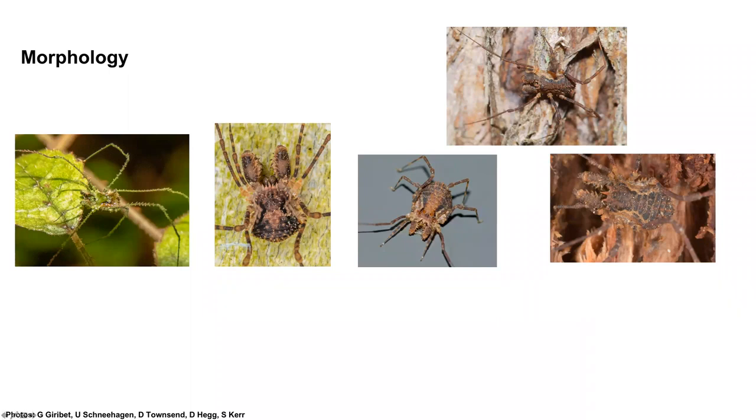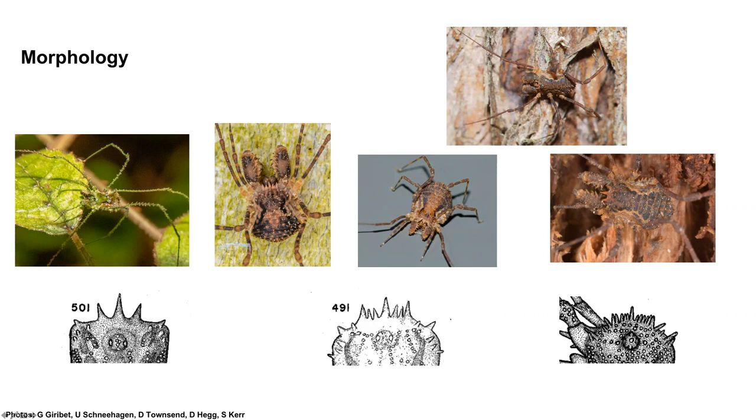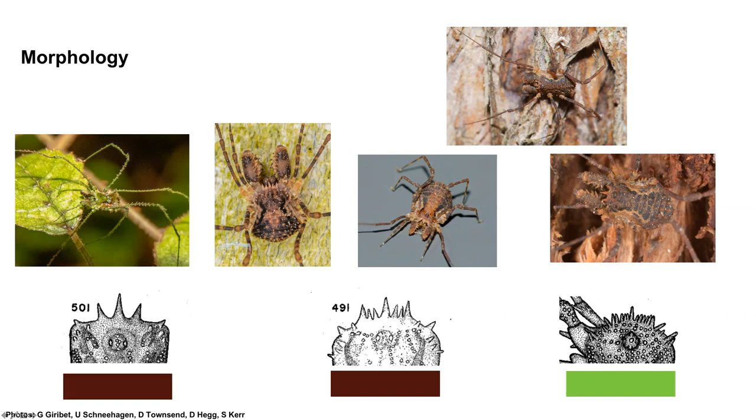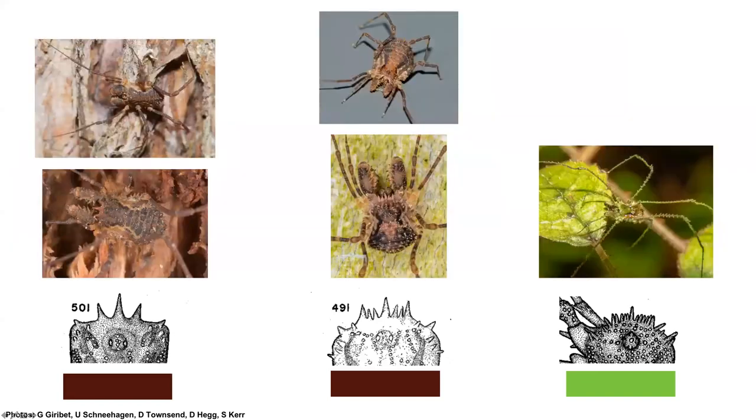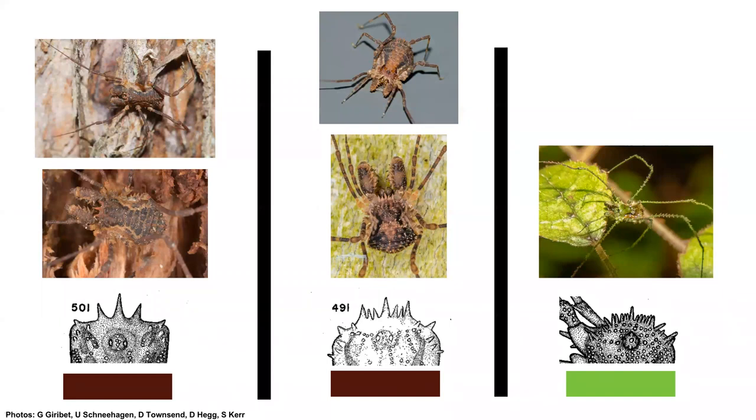So looking at these specimens, you can look at some characters to help separate them. For example, you could look at spines on the front margin of the body. This one has 3, this one has a lot more, and this one also has a lot. You can also look at color. These two are brown, this one is bright green. It's pretty amazing. This one you find only on moss, on tree trunks in New Zealand. It's pretty cool. So anyway, we took these multidimensional organisms and broke them down to two characters, 2 dimensions. We can then sort the specimens according to these characters and then draw our lines. And that is our clustering. This is the most common way of delimiting species, even with all this genetic data still.